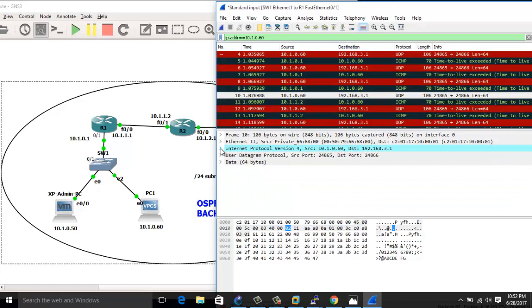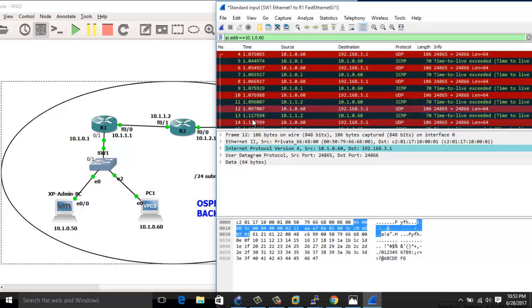Okay, that is sent to R1. R1 decrements the TTL by 1. The result is 1, and it is forwarded to R2. R2 decrements the TTL by 1. The result becomes 0. The destination is remote, not on this router. Hence, the packet is discarded, and a time to live exceeded message is sent back to the source. Similar, 2 more packets, so in all 3 packets. So this is the first packet with the TTL value of 2, frame number 10. Frame number 12 is the second packet, frame number 14 is the third packet, and frame number 16 is going